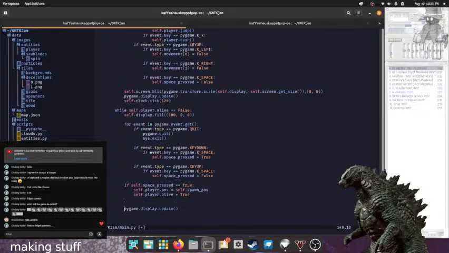I actually do need to do the whole screen.blit, pygame.transform.scale, self.display, self.screen.getSize. And then blit that to 0, 0.